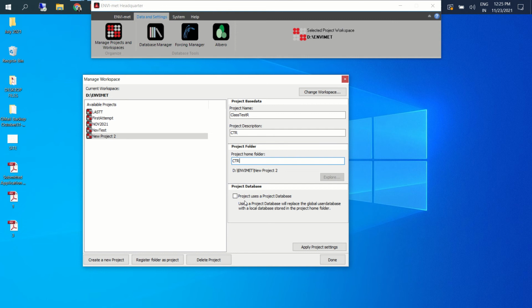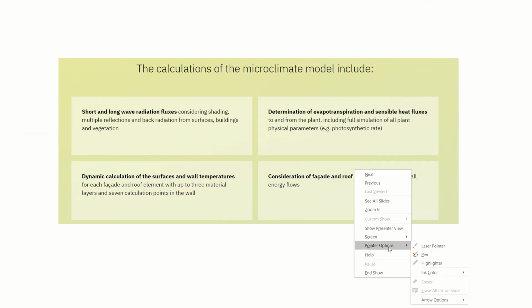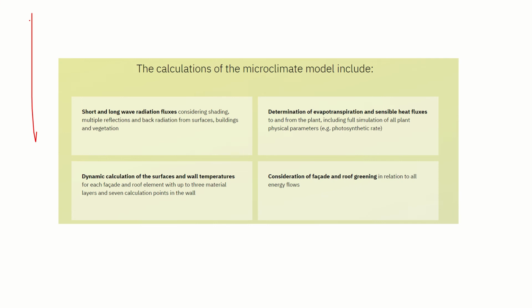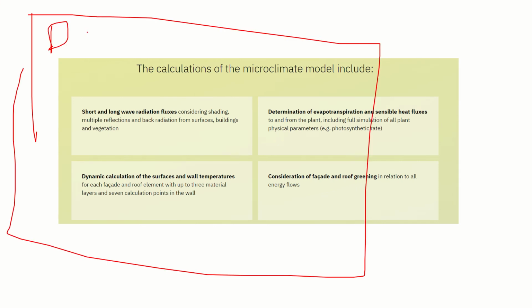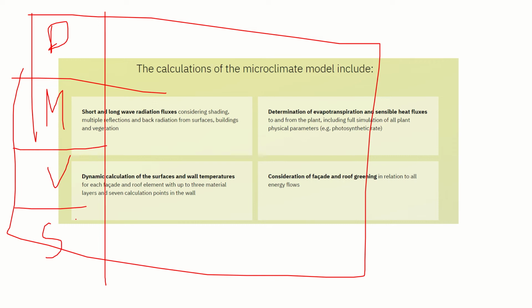This can be left as it is if you are not making any new materials. What do you mean by new materials? Let me go back to this again. For example, there are certain default materials available for us in the software. Very basic things, for example, building material, vegetation, soil characteristics. Let's say these are the three things.